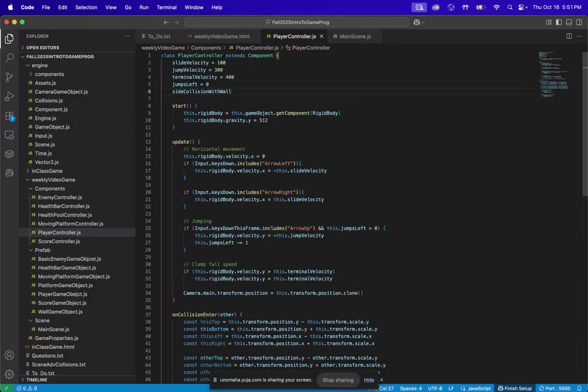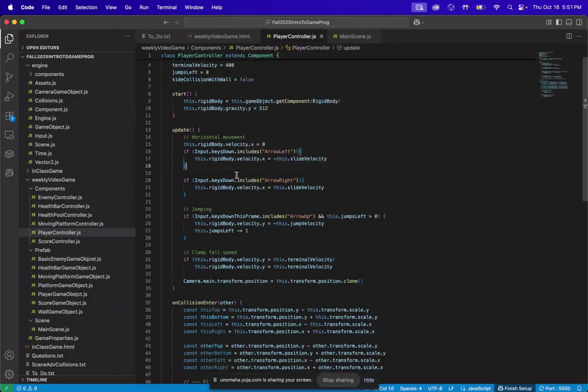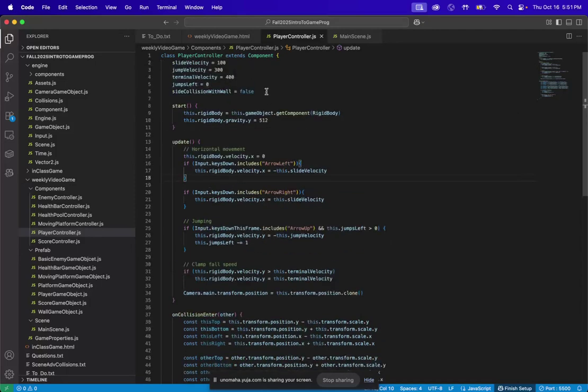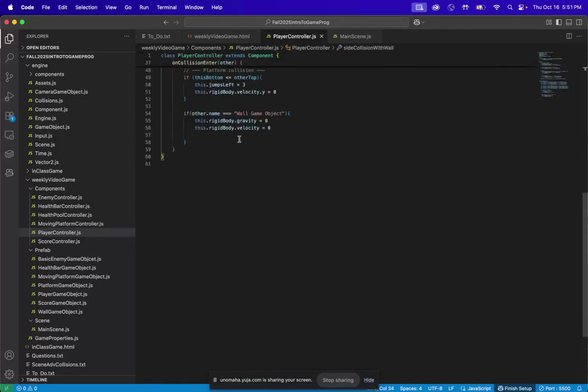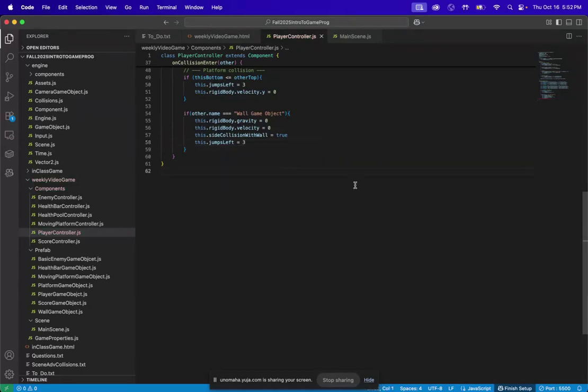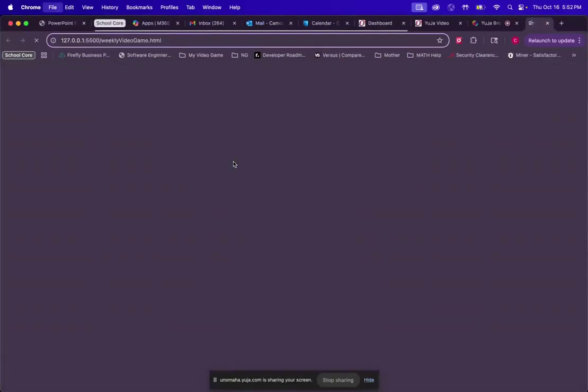Hey, are we in collision with the wall? This is kind of how we're going to communicate between the update and on collision enter. And that's good right now. So if we're obviously impacting with the wall, we want to then do this dot side collision with wall equals true. And then the final thing is we want to reset our jumps, so that now we can jump. So if we just go back,